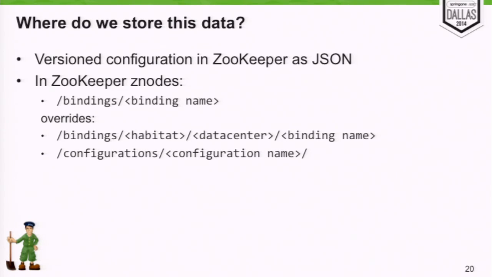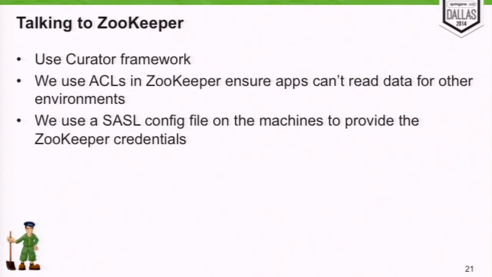It's kind of like an environment like dev, QA, beta, live would be like the habitat, and the specific data center. Those ones, to lock those things down, we use ACLs in ZooKeeper to ensure that only people that are authenticated as dev can read the dev data. We also, another thing at the point at the top, if you ever hear ZooKeeper and someone's